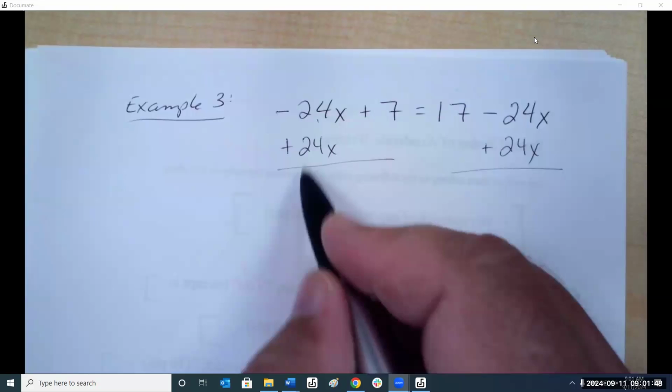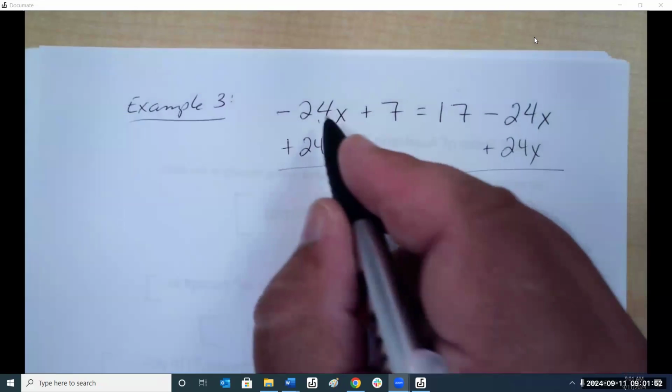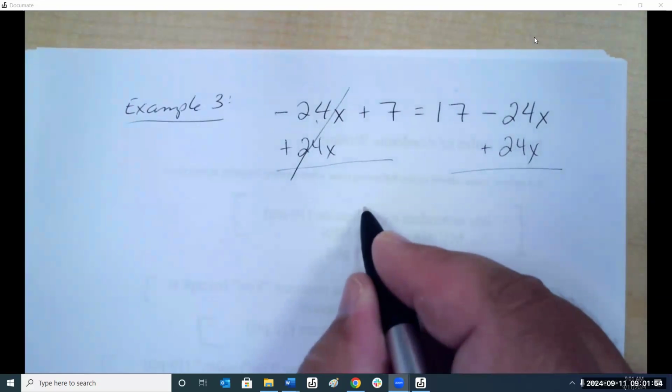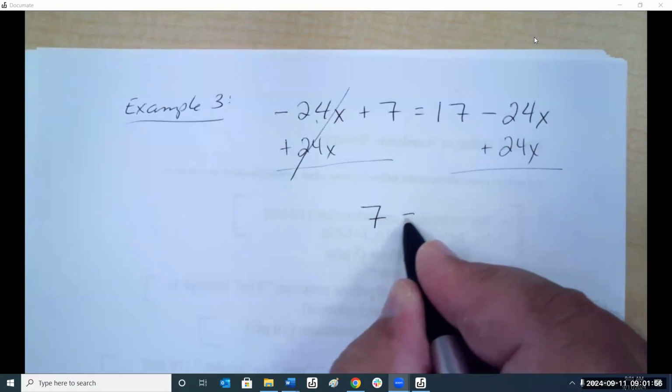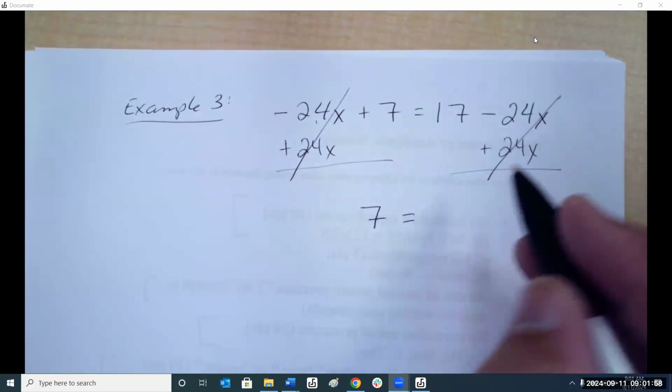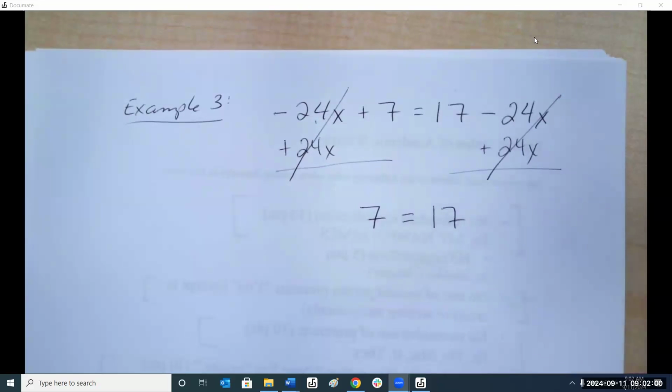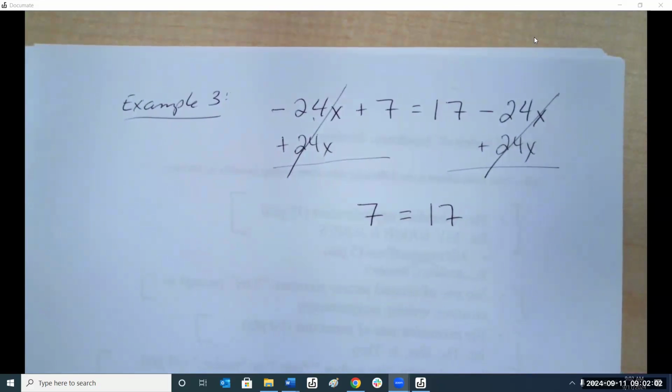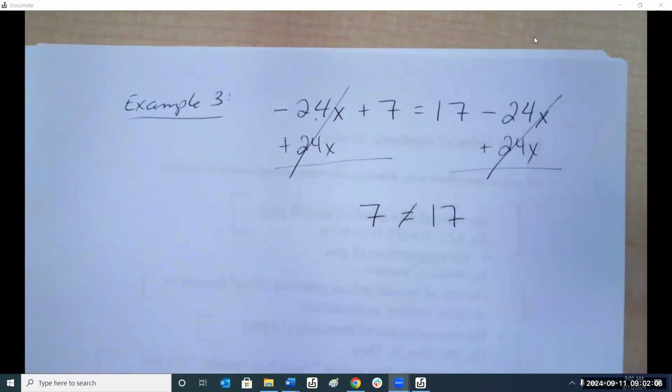You notice how I always keep them aligned. So negative 24x plus 24x cancels. So it gives us 7. Negative 24 gives us 17. Does 7 equal 17? No. Whenever this happens,